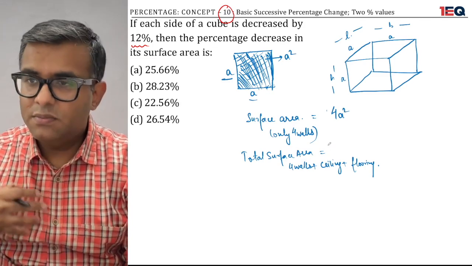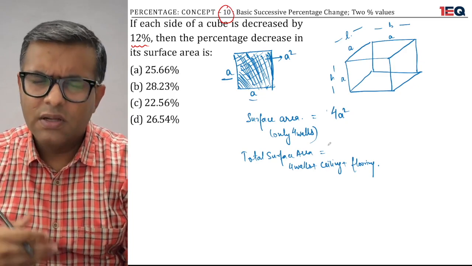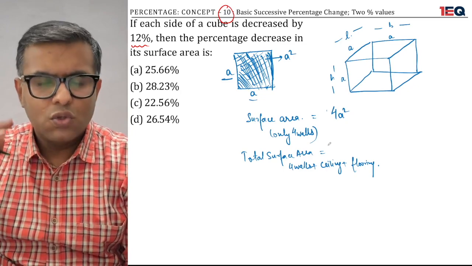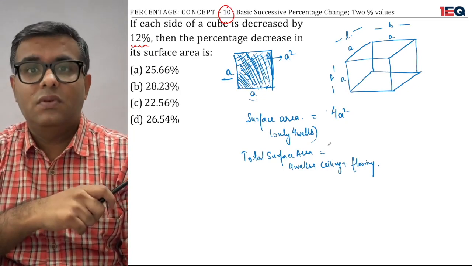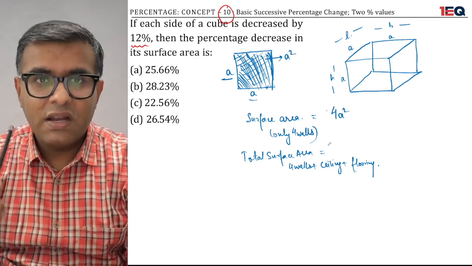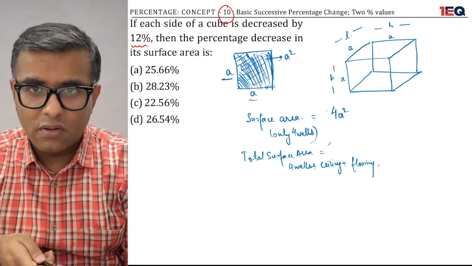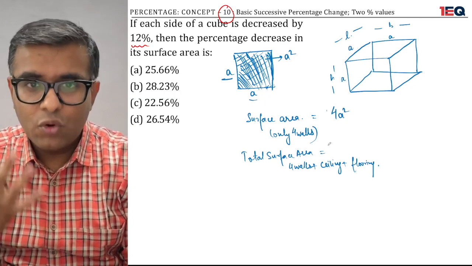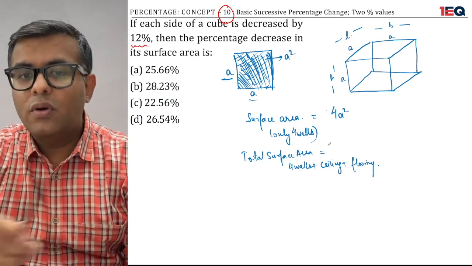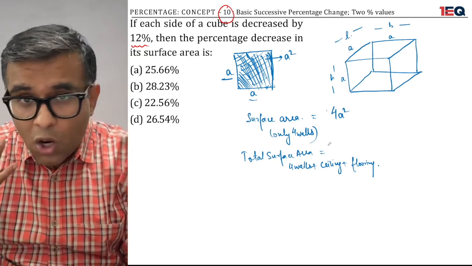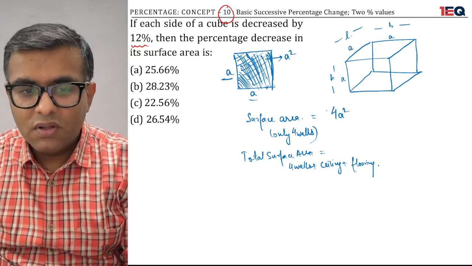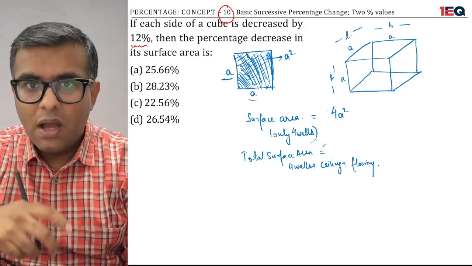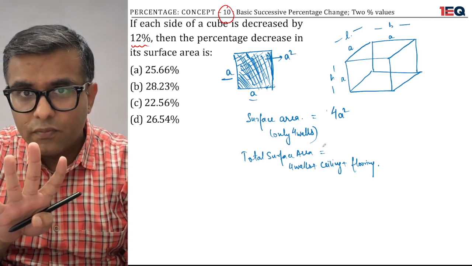Now there is somebody who is very finicky, very particular, and extremely meticulous about having a really good house. So they will also make the roof the same color as the walls, and they would also want to paint the floor. Just imagine, there are people in the world who also want their floor painted when the four walls and the roof are getting painted. How weird is that? So when we're talking about the total surface area, the number of surfaces I have to paint are now more. You got me?